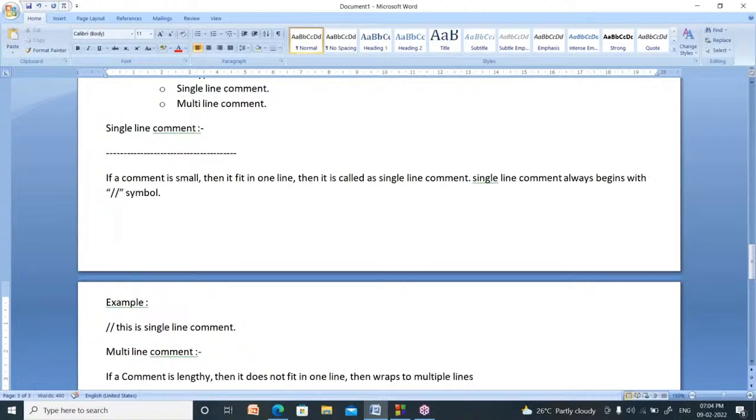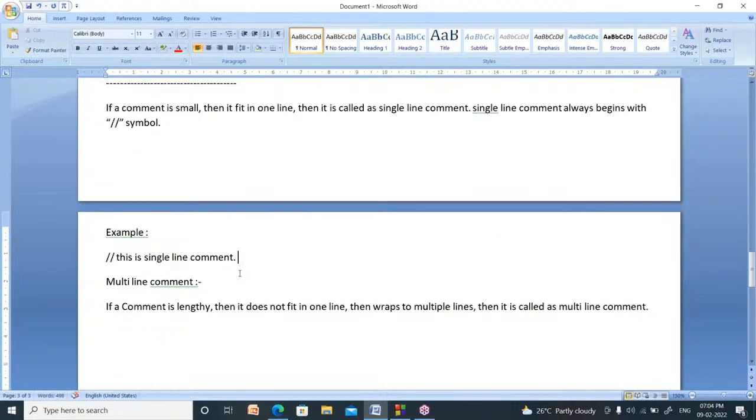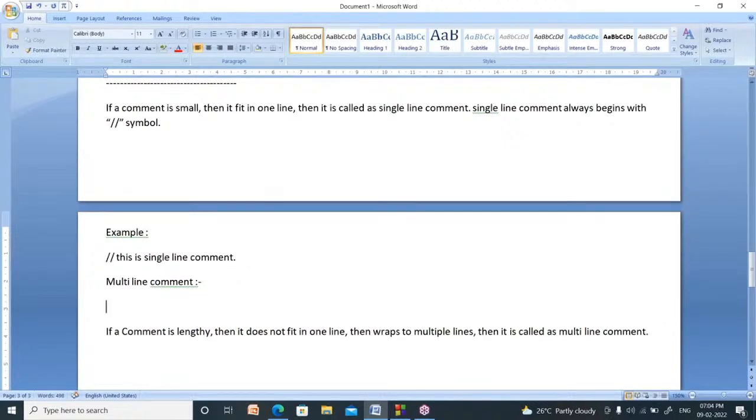If you write a comment in multiple lines, then it is called as multi-line comment. Suppose your comment is somewhat lengthy, then it does not fit in one line, then it moves to multiple lines, and that is called as multi-line comment.